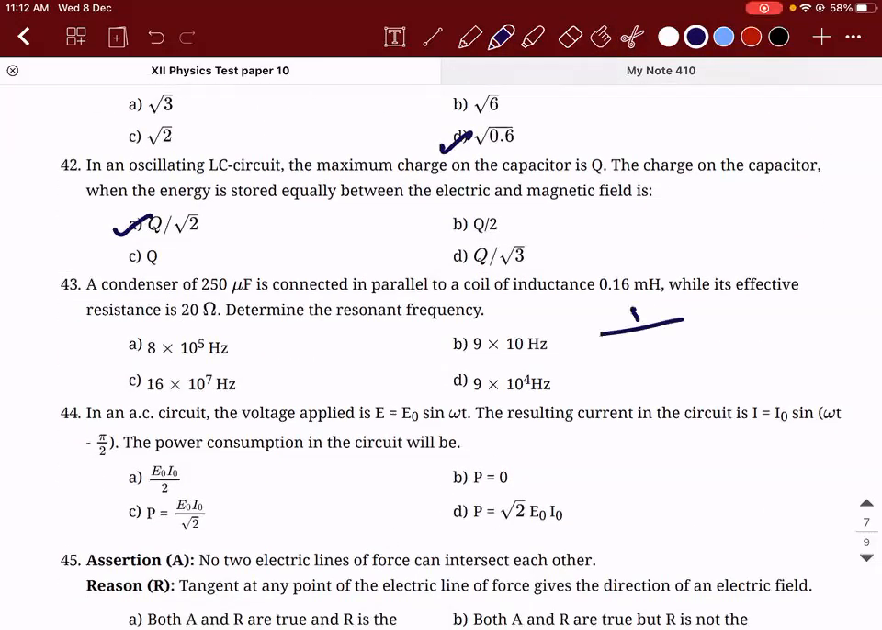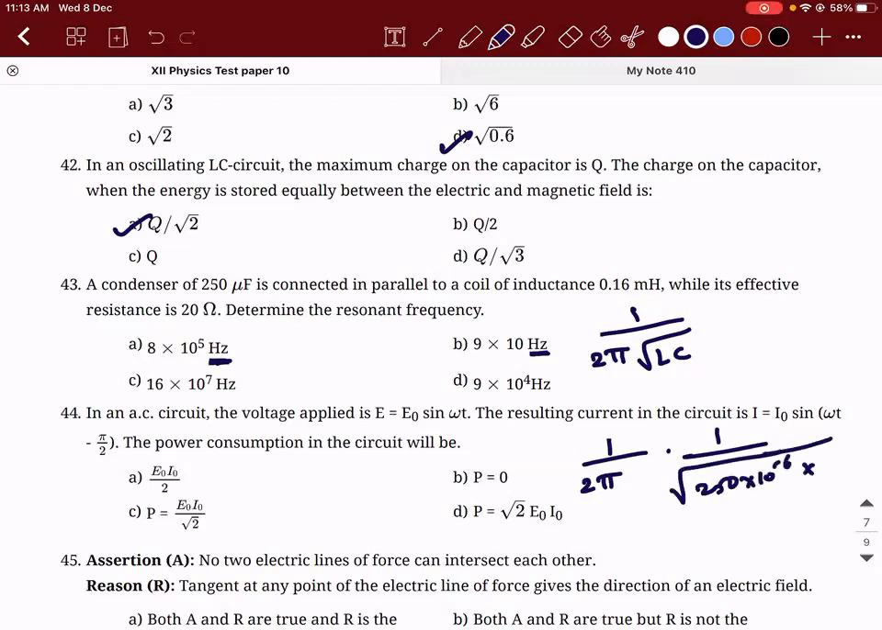How did you do? Omega is equal to 1 by root LC. I used omega is equal to 1 by root LC. Okay, but when you use omega is equal to 1 by root LC, when they have asked in radians per second, omega is equal to 2 pi f. Then from there, you need to divide it with 2 pi. If you did that, you got 8 into 10 power 5. Okay, 1 by 2 pi into 1 divided by root of 250 into 10 power minus 6 into